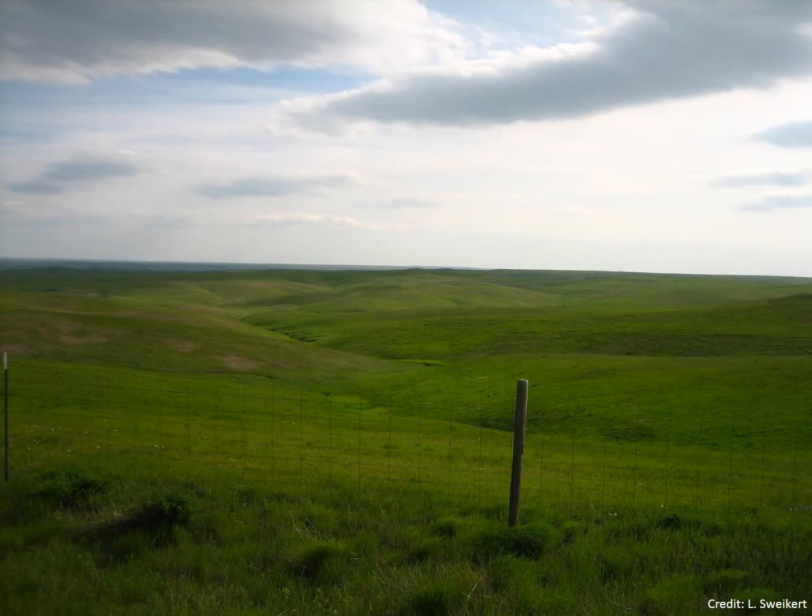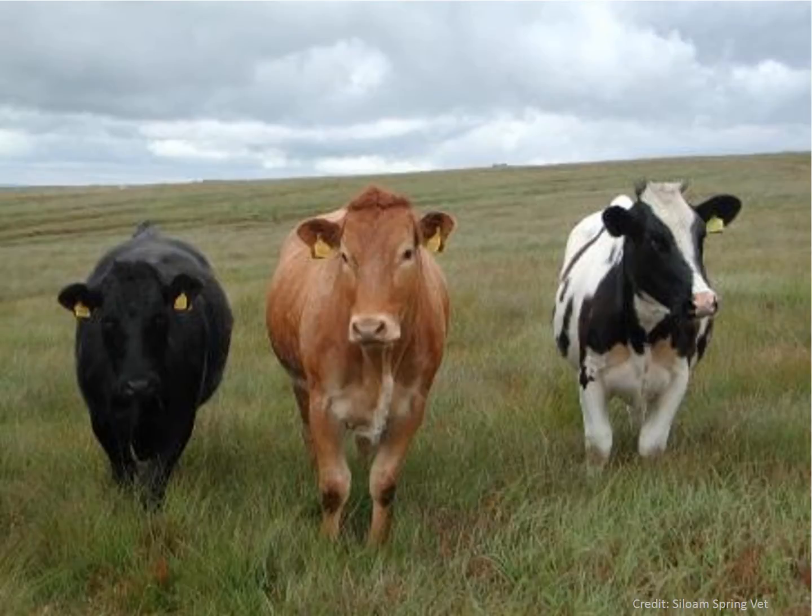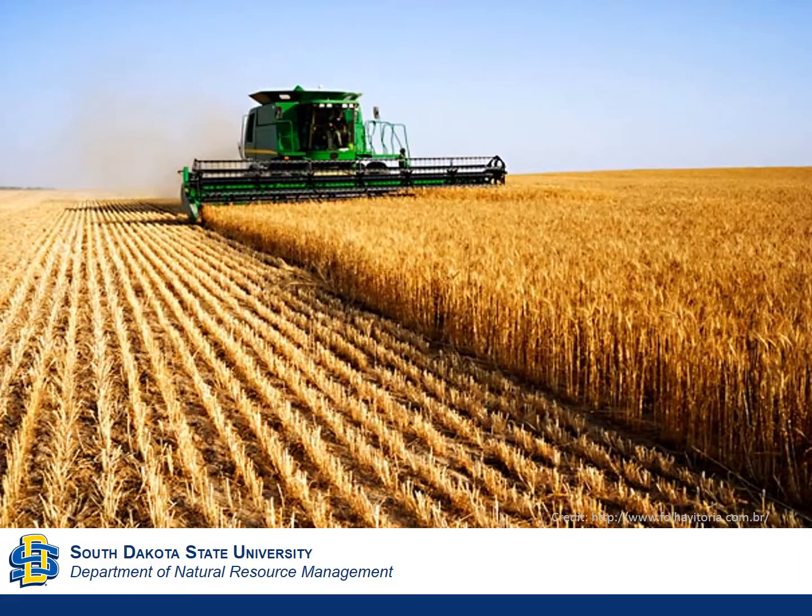Grasslands are the ecosystem that provide the majority of food for humanity. In North America, our grasslands are primarily located in the middle of the continent and are known as the Great Plains. When Europeans first settled the Midwest, the native habitat of the Great Plains covered 2 to 3 million kilometers squared. Today, farmers and ranchers use the plains either for pasture for beef cattle or convert native grassland habitat to row crops such as wheat, corn, and soybeans.